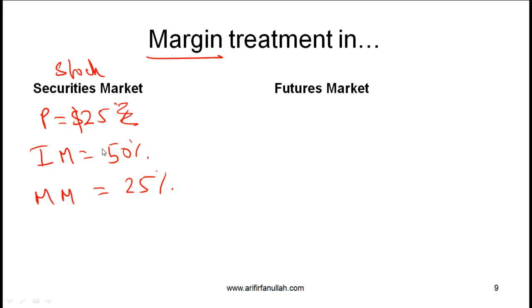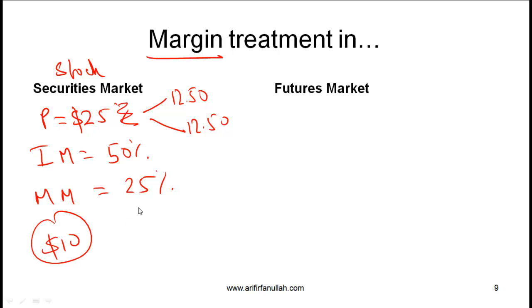What did this mean? To buy your stock initially, with the initial margin of 50%, to buy this $25 stock, you put in $12.50 of your money and you can borrow $12.50. And if the stock price fell, let's say it went down to $10,